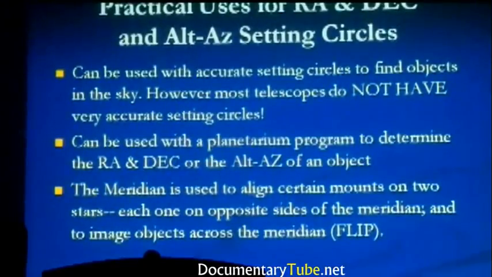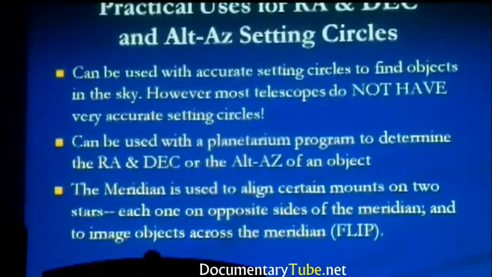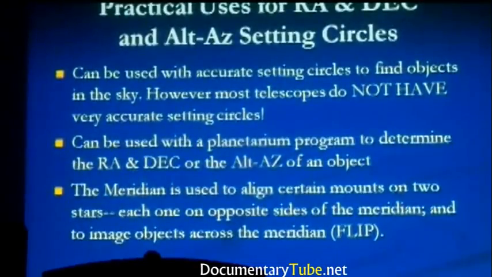I'll tell you what resolution is. If you were to look at a yardstick that only had the inches marked on it, that would be very low resolution. If it had the half inches, that would be a little bit higher resolution. But if it went down to a 32nd or a 64th of an inch, that would be extremely high resolution of a measuring device. So on an altitude and azimuth, or on a right ascension and declination, when we talk